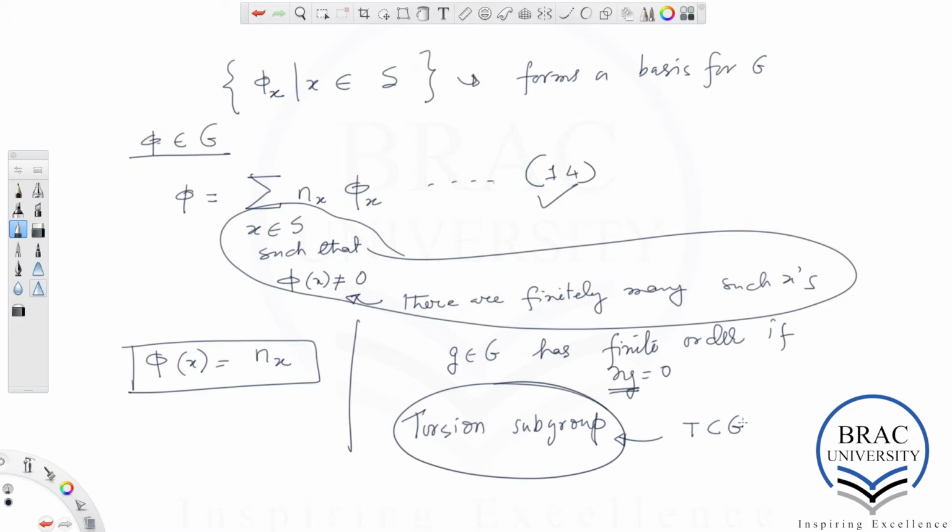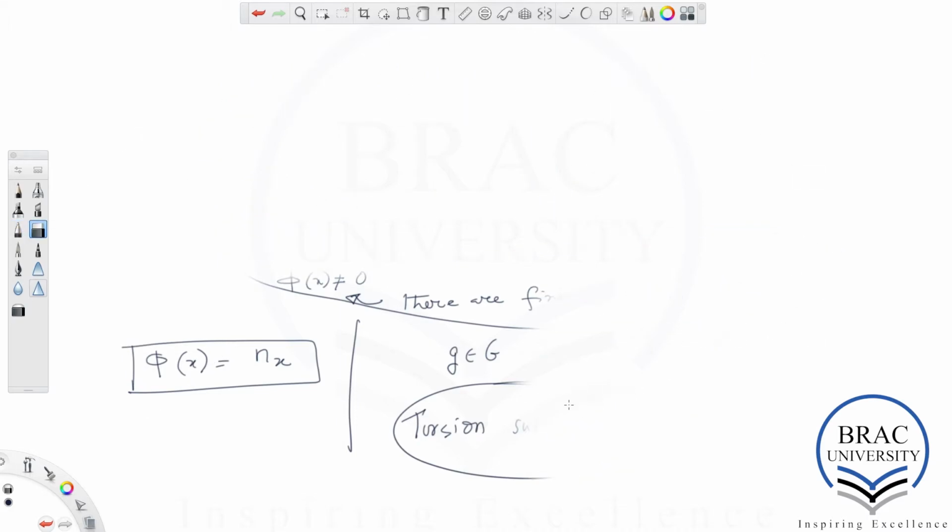So whichever element we pick up from the group, which is a non-zero element, by non-zero element we mean that it's not the identity element. So if you pick up a non-zero element, then that element is of infinite order. So this is the case of a free abelian group. So which means that a free abelian group is necessarily torsion free, the converse of which is not true in general. Okay, so let me write it.